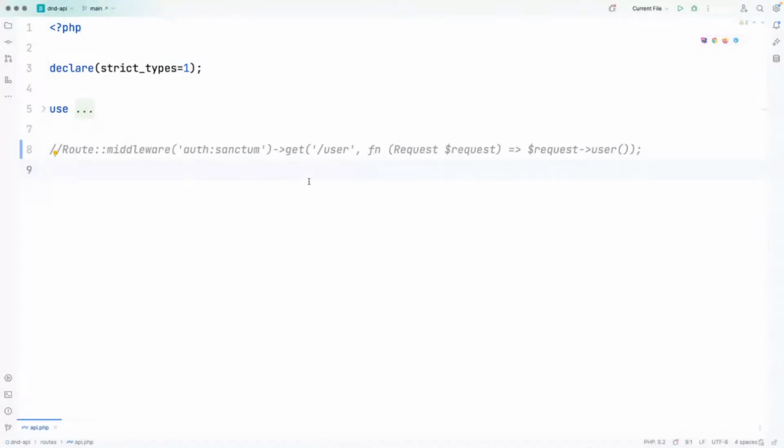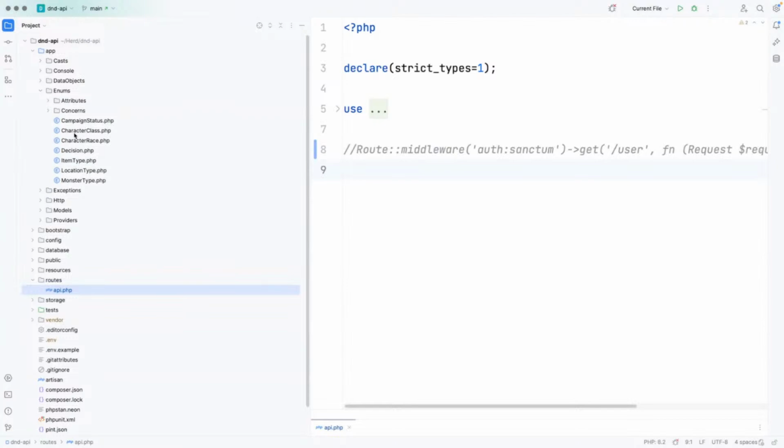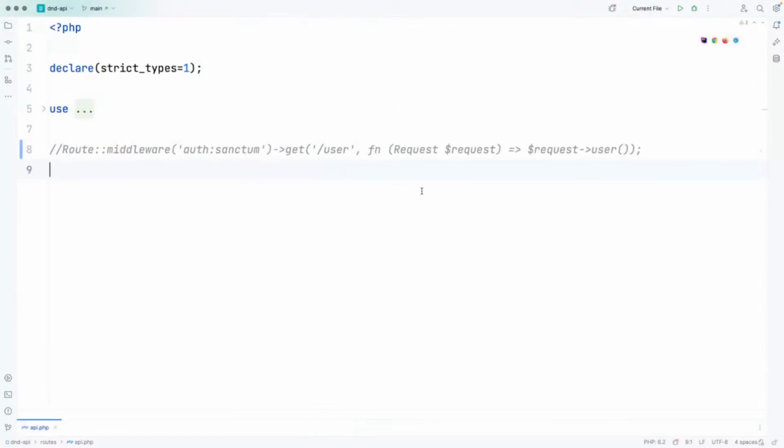You're going to want to be able to see all of these different enums: character class, character race, location type, monster type. You're going to want to be able to see them and play with them. I'm imagining I might do this in a simple web app, or it could be a CLI app, or maybe even a native PHP app could be quite fun. That part I'll get around to, but right now I'm just going to focus on building out these meta